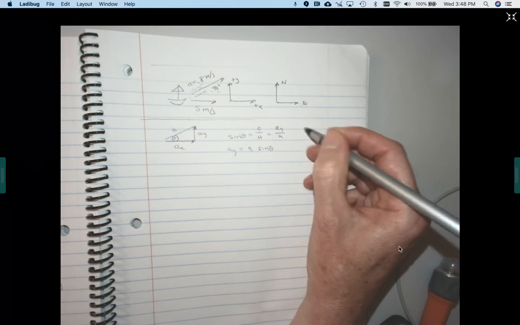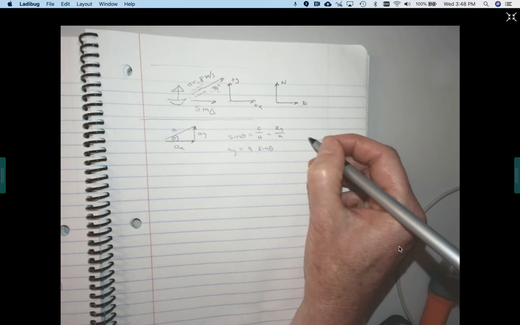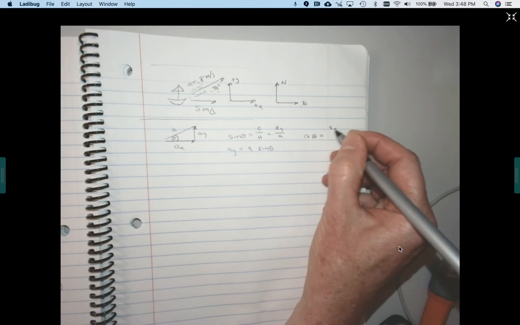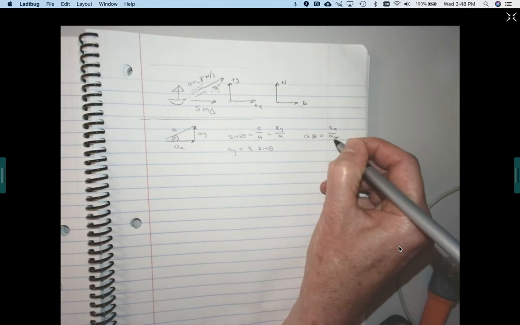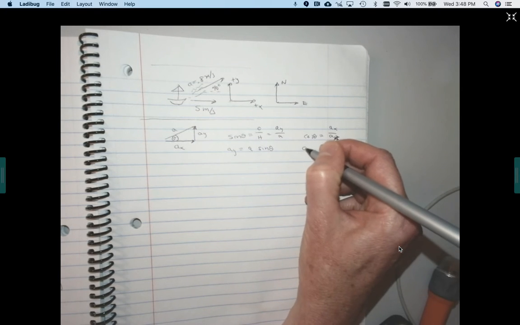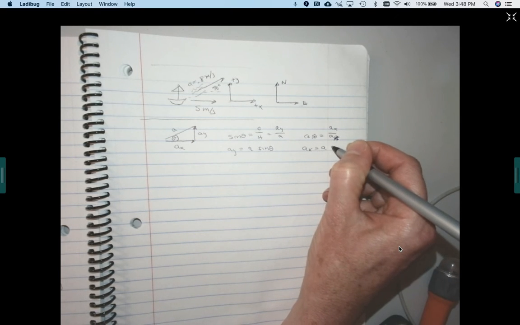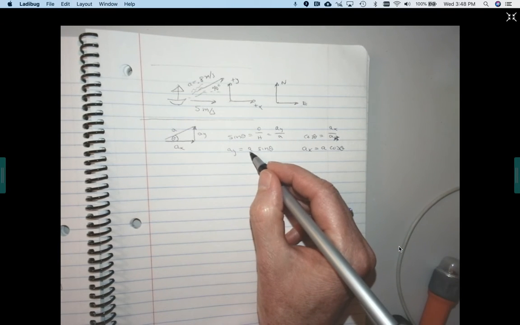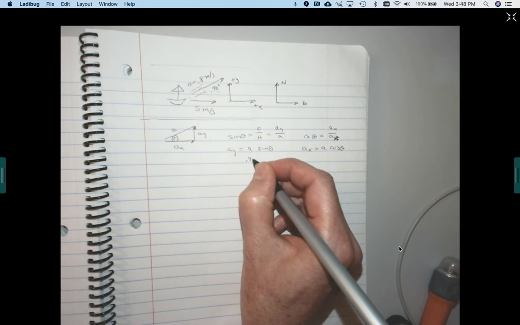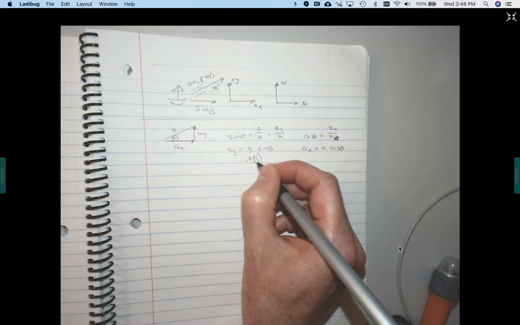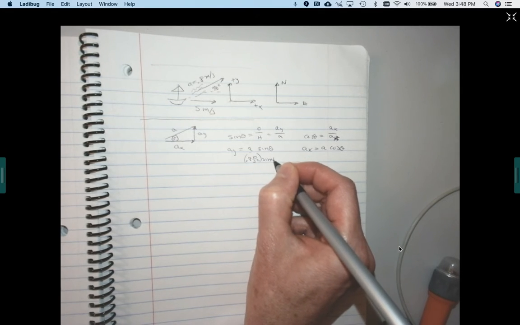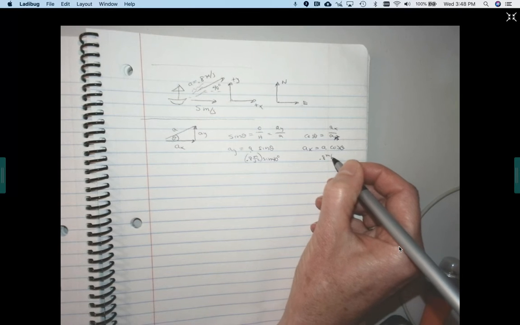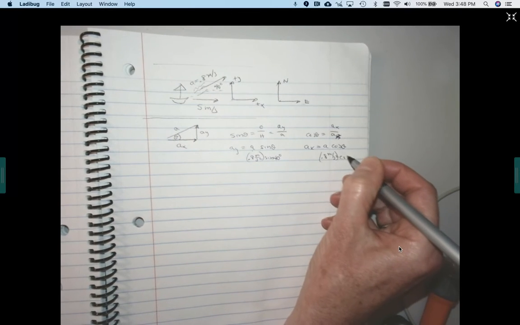I can do the same thing for my adjacent side: cos theta is ax over a, and then ax equals a cos theta. If I plug in 0.8 meters per second squared for my acceleration, times the sine of 40 degrees for ay, and 0.8 meters per second squared times cosine of 40 degrees for ax,